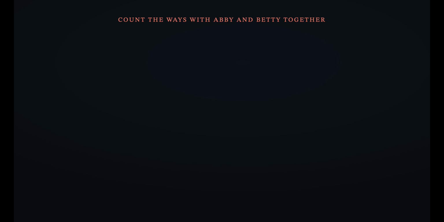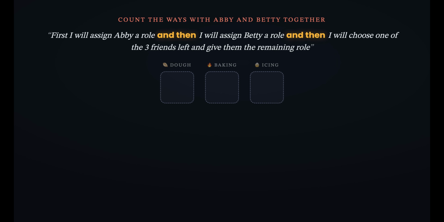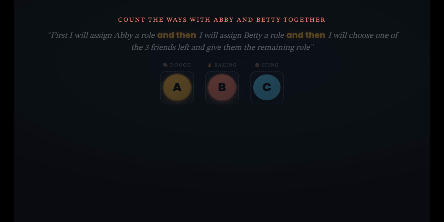But we're not allowed to have Abby and Betty together, so let's count how many ways do have Abby and Betty together, then subtract that from our 60. That sounds a bit confusing, so I'll write a sentence. First, I will assign Abby a role, and then I will assign Betty a role, and then I will choose one of the 3 friends left and give them the remaining role. Breaking it into stages,